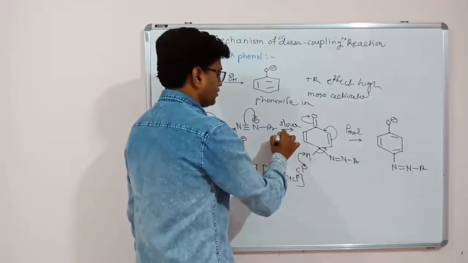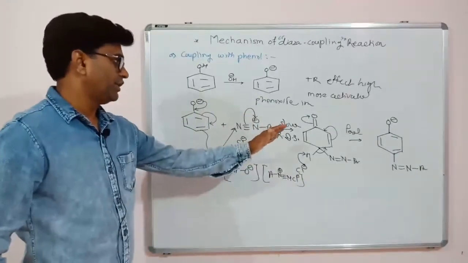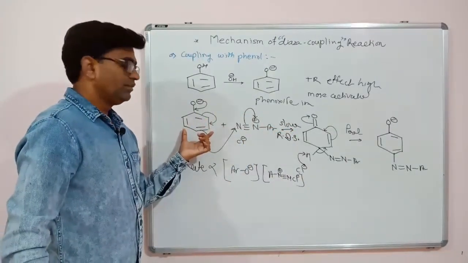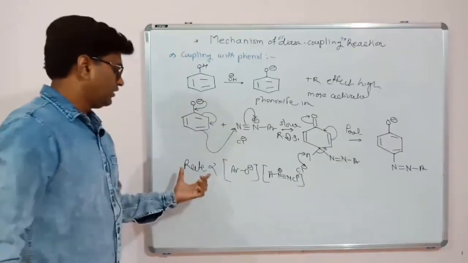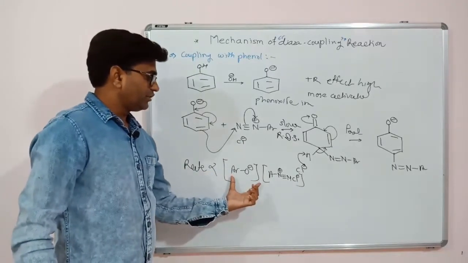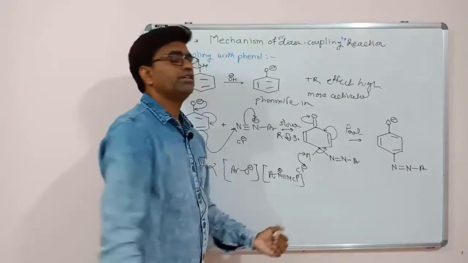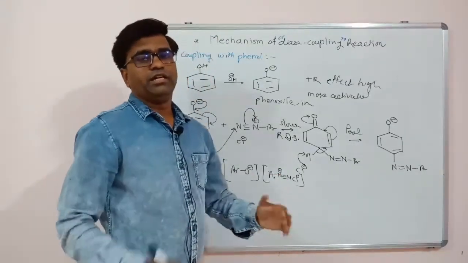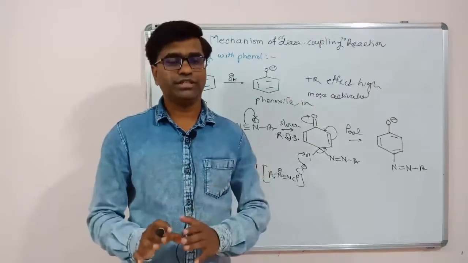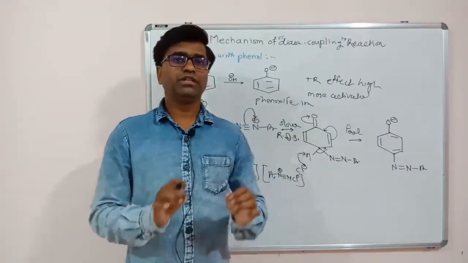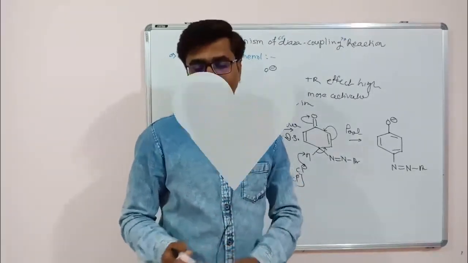step. This slow step is called the rate determining step. The rate determining step involves the phenoxide ion as well as the diazonium chloride salt. That's why the rate of the reaction is directly proportional to the concentration of phenoxide ion as well as the concentration of diazonium chloride salt. In this way, we saw the mechanism of diazotization reactions on the phenol ring. Now we will see the mechanism of diazocoupling reactions on amines, that is anilines.